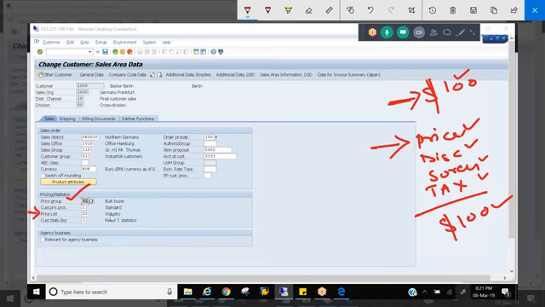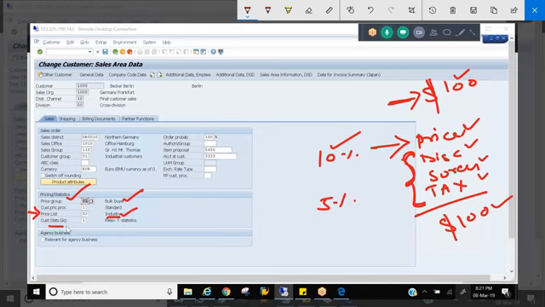Here again, we are grouping customers. On what basis? Those who share the same other pricing attributes. All domestic customers, tax is 5%. All export customers, tax is 10%. If this customer is an export customer, you put some value here, let's say 03, and it should take 10% tax, right? So price list is for the customers who share the same pricing attributes. This is only base price and this is other attributes.